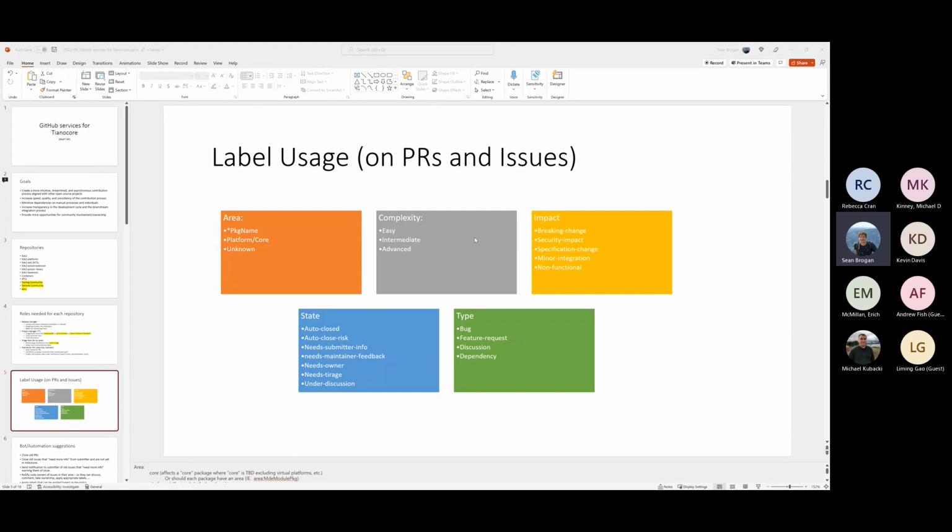Okay, and then type, again, just trying to let people focus in on what they want. So if you want bugs, feature requests, I think discussions we try to push outside of issues, but that could be an open topic. And then the other one I just added today, as I was looking at automatic dependency management,